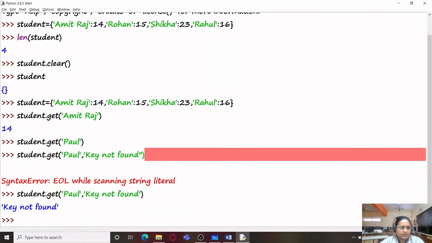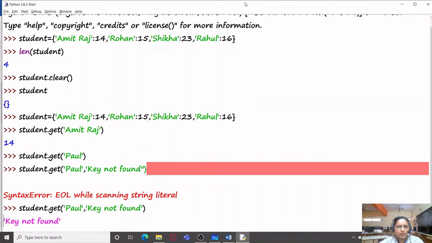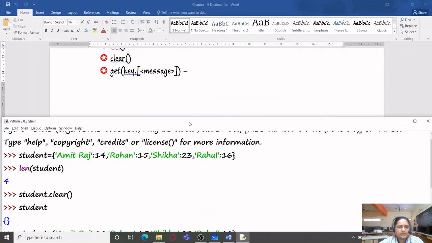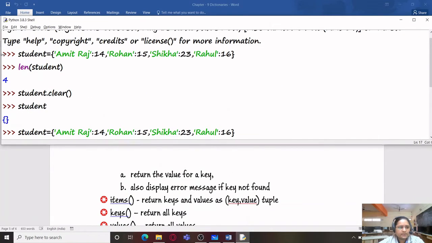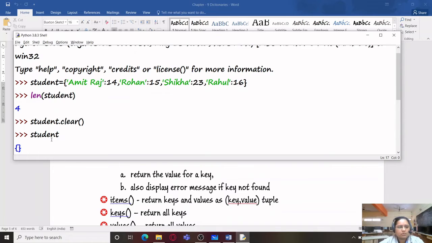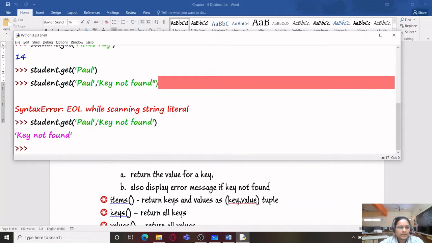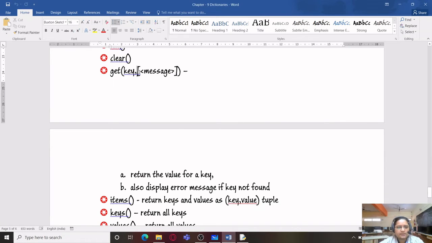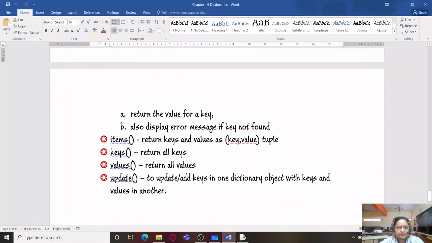Press enter and you can see that it provides us key not found because the key Paul is not there in the dictionary. So this get function can also be used to set our own custom error message over here. And this error message is actually an optional argument, as you can see over here.